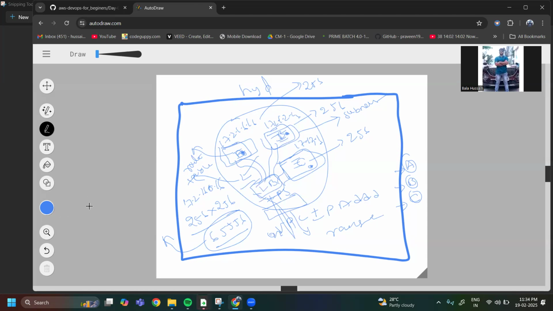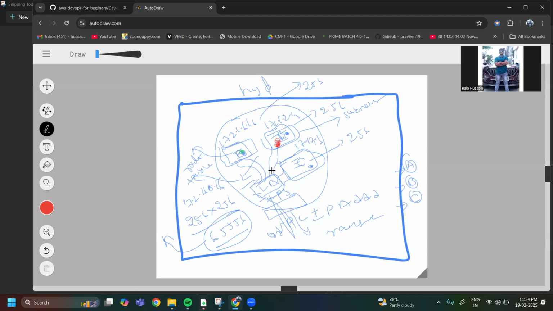Let me take one more sketch here. For example, if I want to reach this application, this is the private subnet here. After the load balancer, we have the route table.